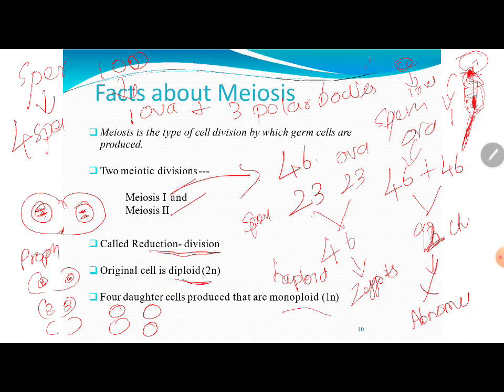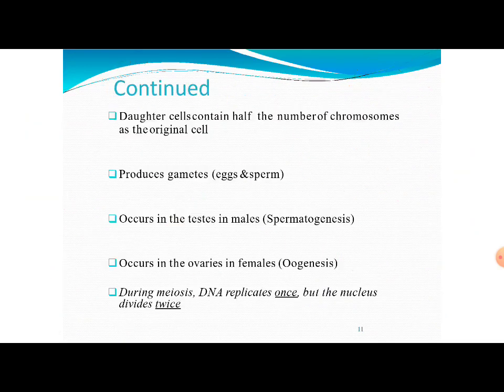That is the reason, in oogenesis, the first division, you get one ova and one small polar body. Then again this divides into the final ova, one polar body and 2 again polar bodies from the one which is first there. So totally you get 1 ova and 3 polar bodies. Okay, it's an unequal division, so that it can survive by itself inside the uterus of the female, waiting for the sperm till it either forms the zygote or it gets sloughed off. Okay, so this is the major difference between why you have 4 sperms and 1 ova.